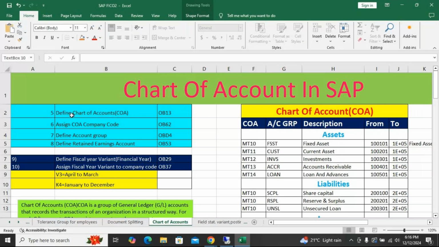Assign chart of accounts to company code OB62. Define accounts group is OBD4 and define detailed earnings account OB53. Please make a note on this. We'll do it in the software, how it will be defined and assigned.